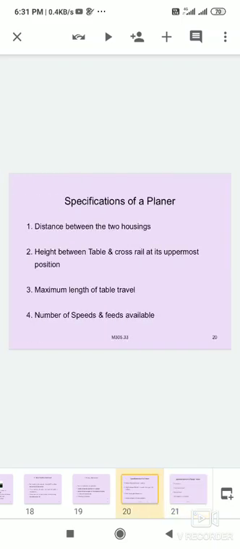The distance between the two housings, height between table and cross rail at its uppermost position, maximum length of table travel, and number of speeds and feeds available are most important. During operations, it may be slow or high or medium speed. It is very important,